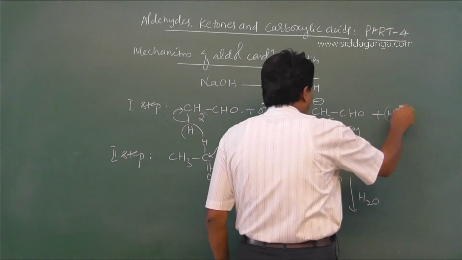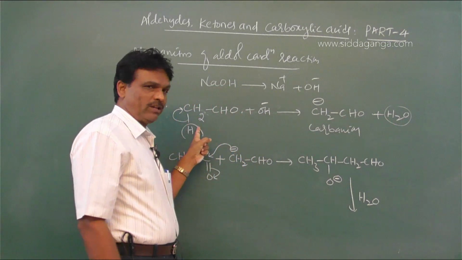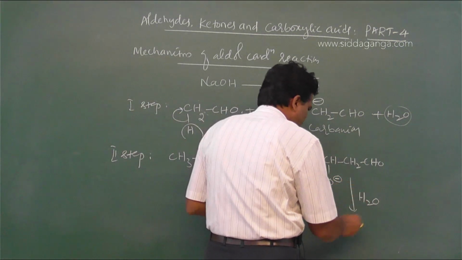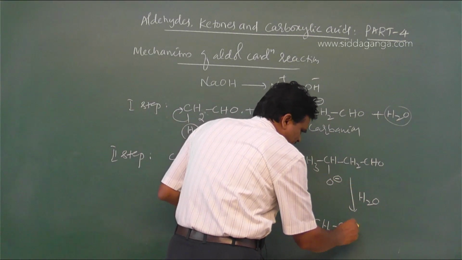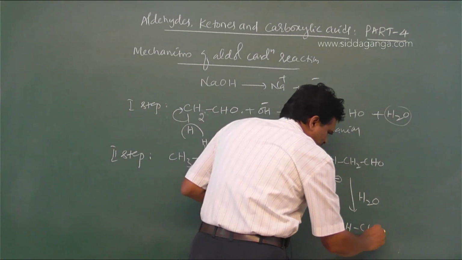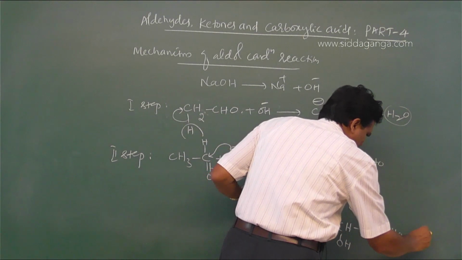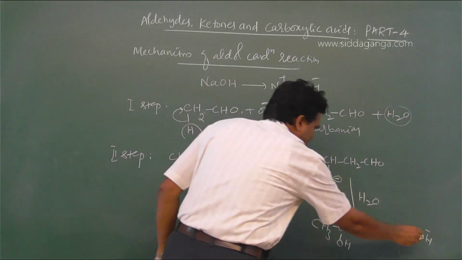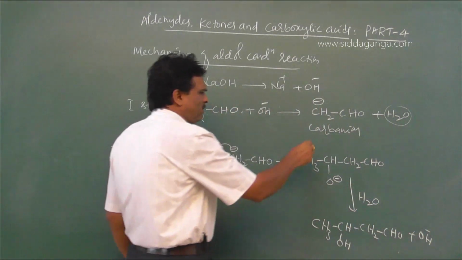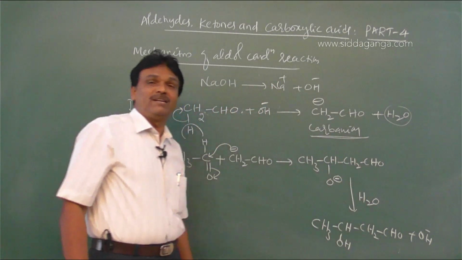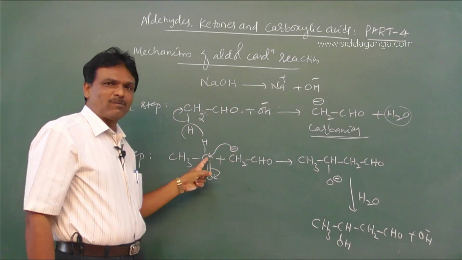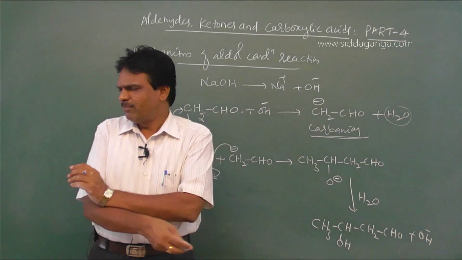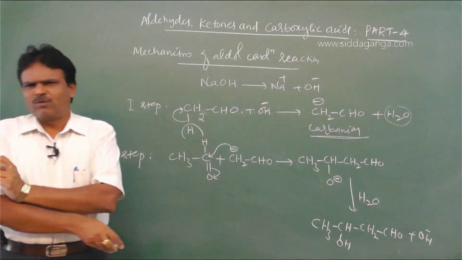Further, it takes up a proton from water. So OH minus is regenerated. The aldehyde molecule loses a proton in the first step and gains a proton in the final step, to form CH3CHOH CH2CHO plus OH minus. Clear? The OH minus involved is regenerated. So the first step is the formation of carbanion. The second step is an attack of carbanion on the carbonyl carbon of another molecule of an aldehyde. So it is only a two-step mechanism.